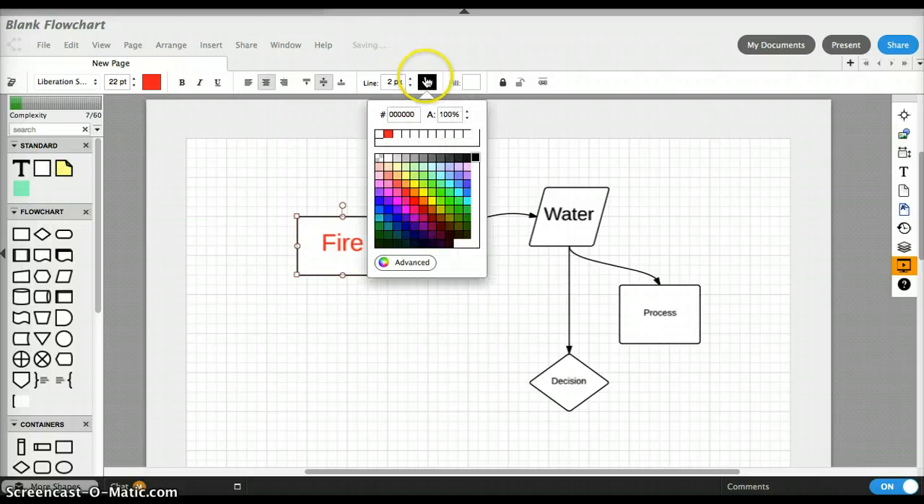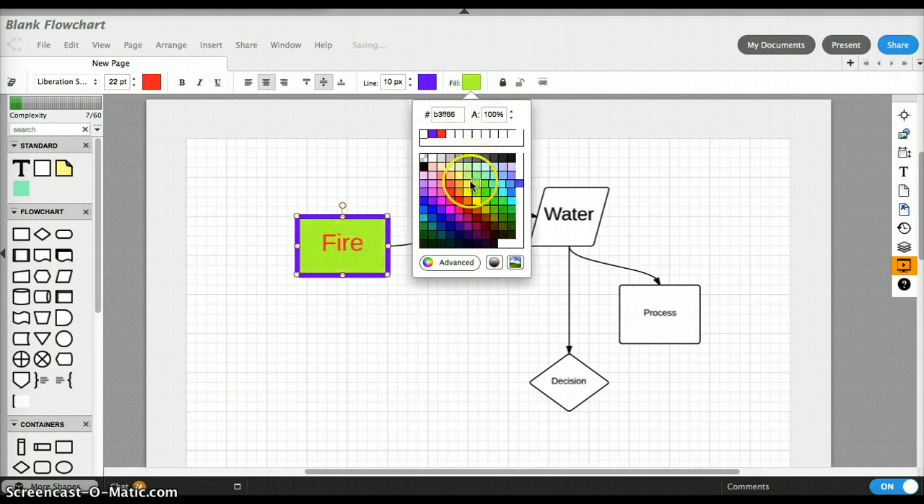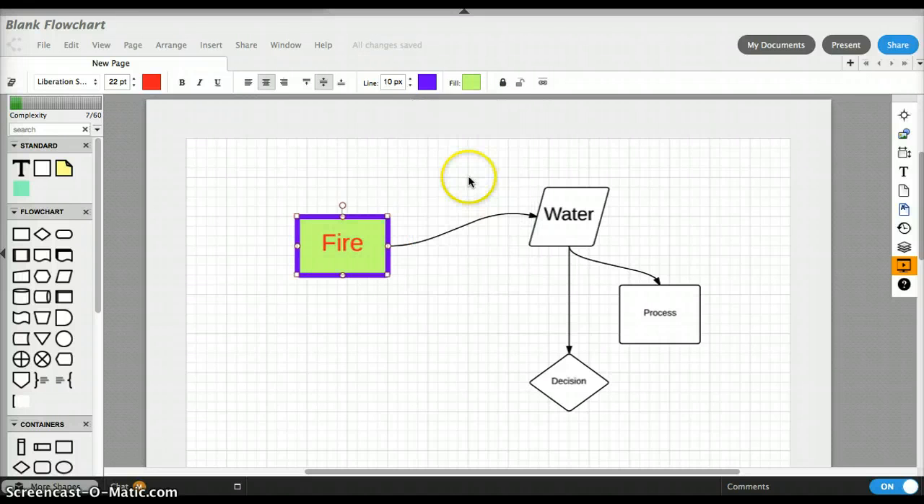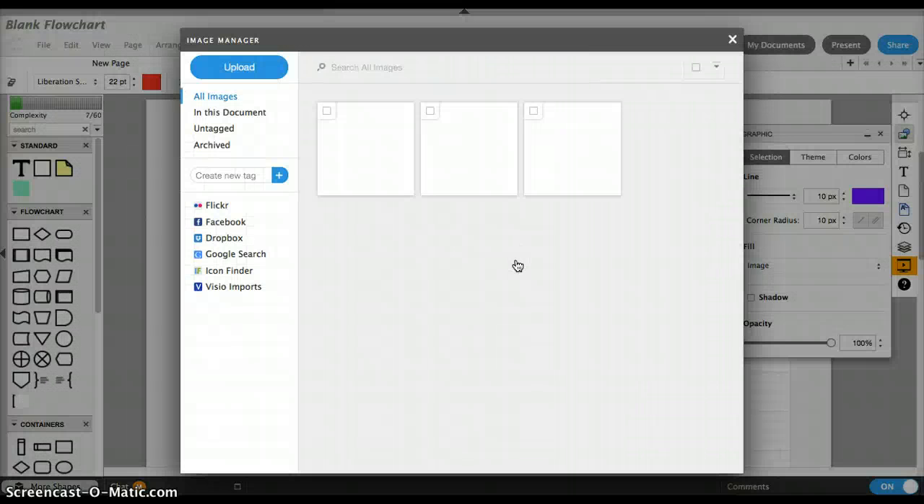You can change your fill color, line color for the outside of the line. You can make your line thicker. You can change the fill, of course. See here, you have all your different choices for colors. The really cool thing in here is that you can actually add an image as your fill,